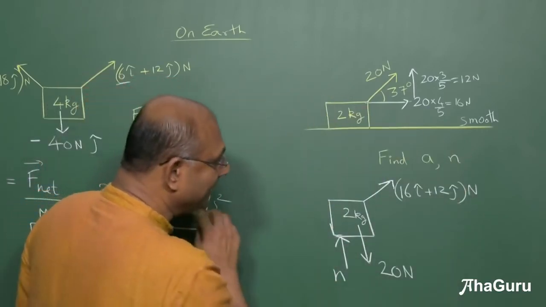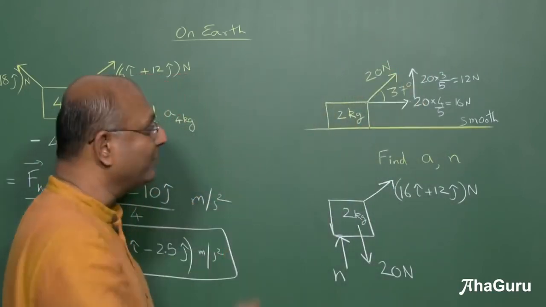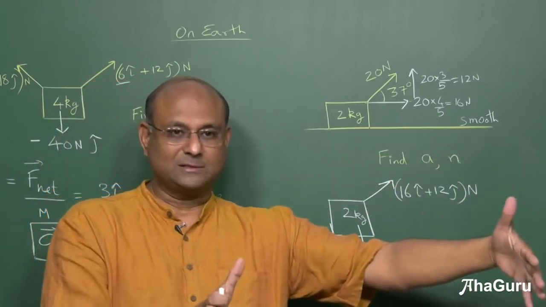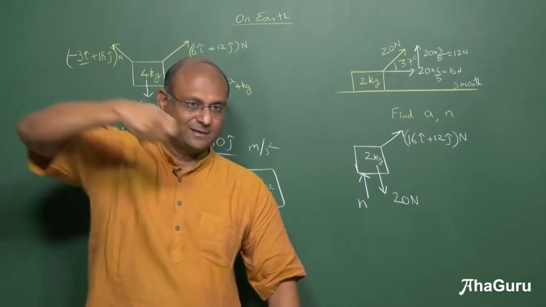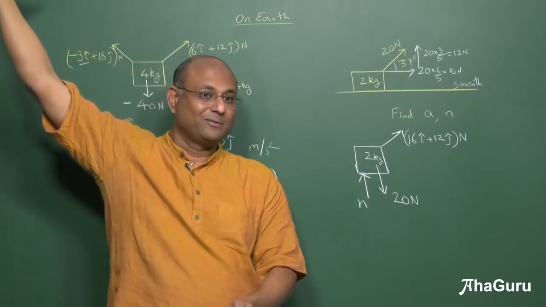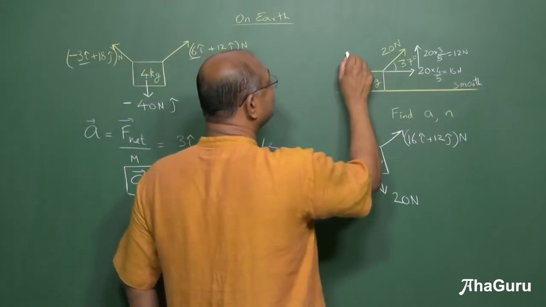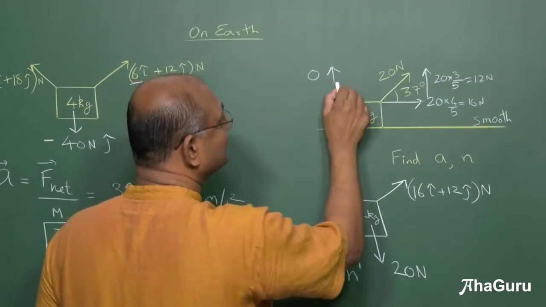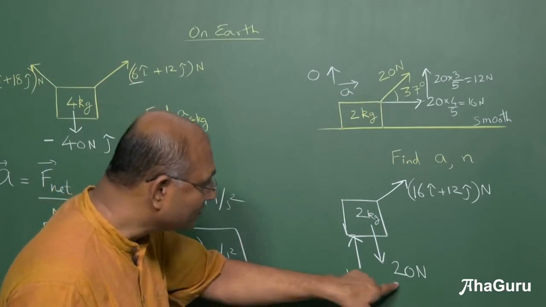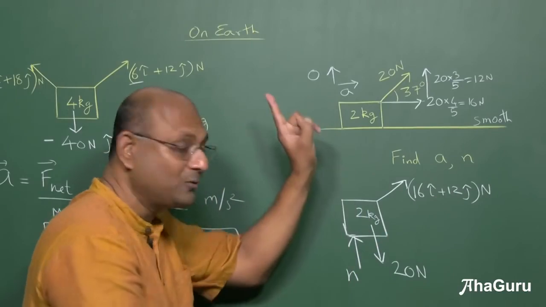Okay, now let us see. Think about this. When you pull it like this, is it going to fly up or is it going to move like this? You have a big box, a very heavy box, and you pull like that. Will it come with you horizontally or will it fly up with you? It is going to come with you, right? So you know that this acceleration is 0. It is going to move only like that. How do I know? Think, this is 20 downwards, 12 j cap upward.